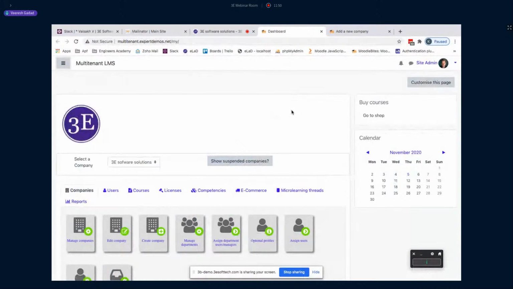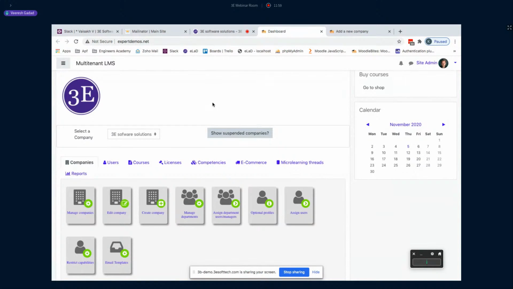I hope everyone is able to see my screen. So right now, as you can see, this is the host dashboard. This is how